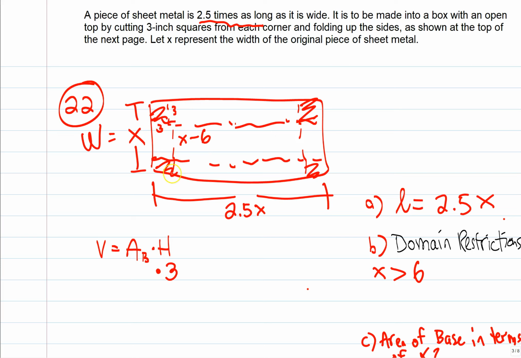We took 3 off the top, 3 off the bottom. If this whole width here is 2.5, what's the length of this smaller rectangle going to be? The full length minus the 6. So now what's the area of that rectangle? What's the area of that base? It would be